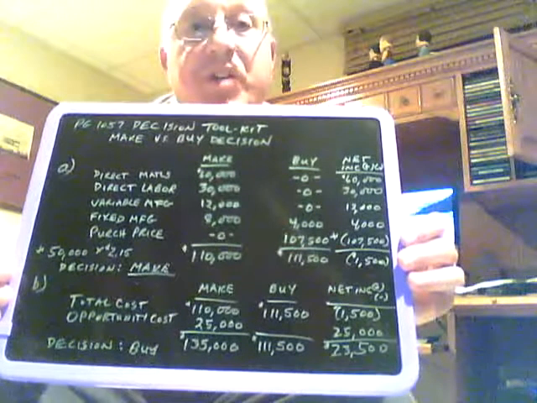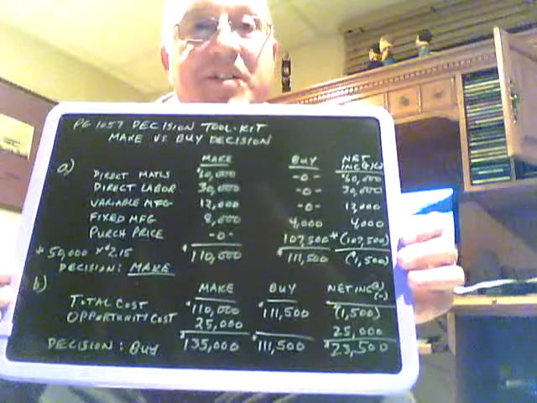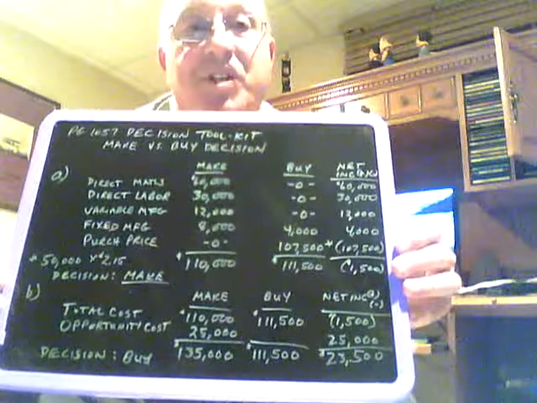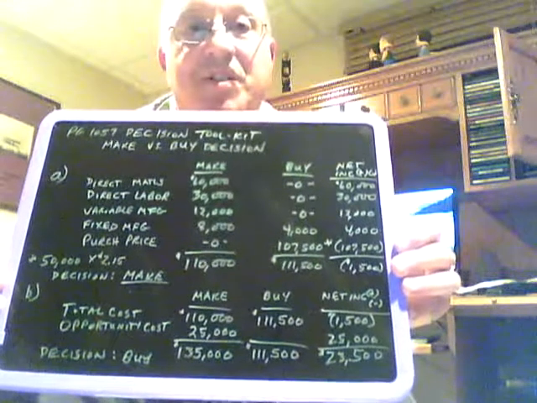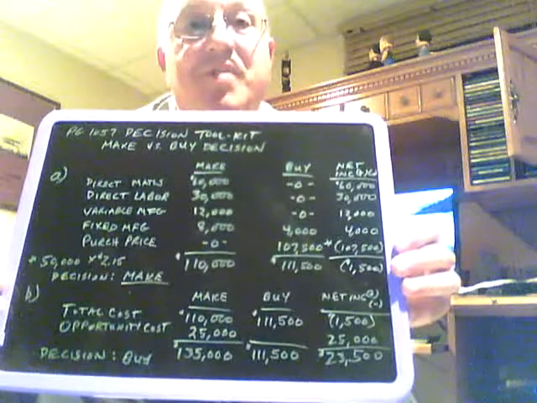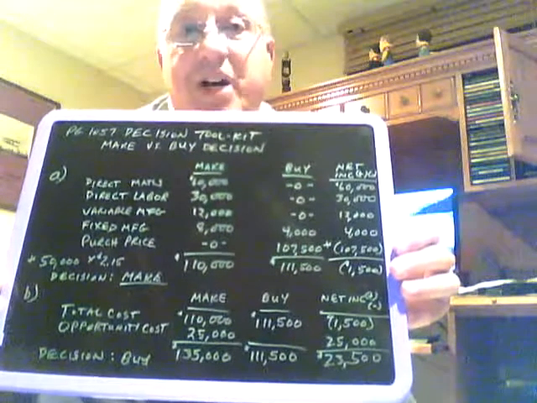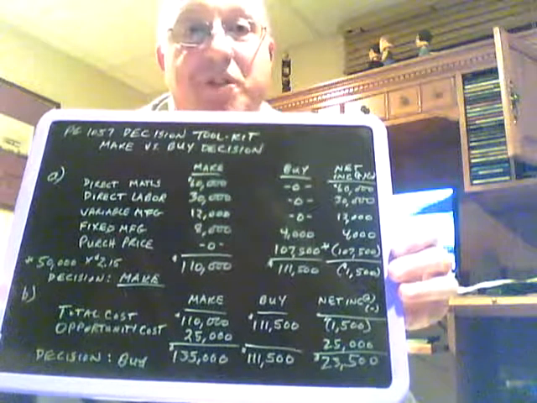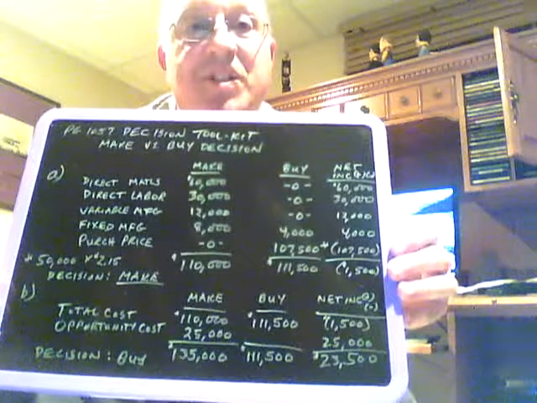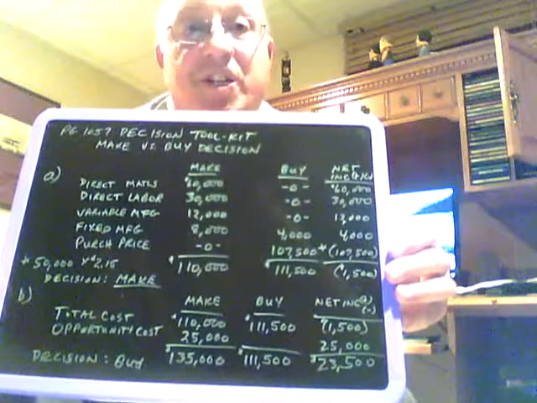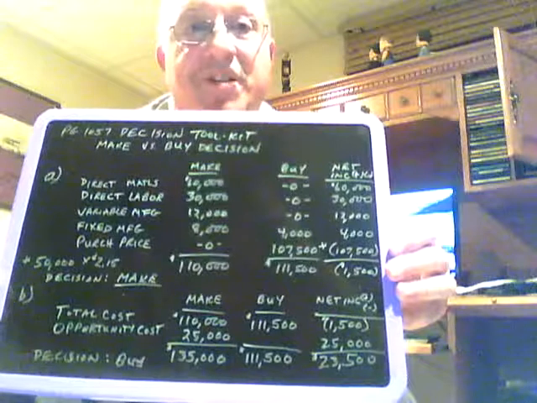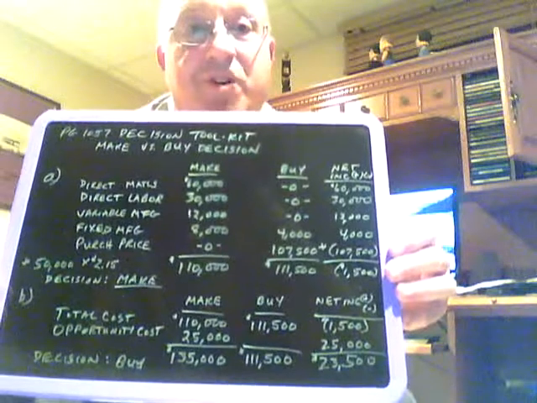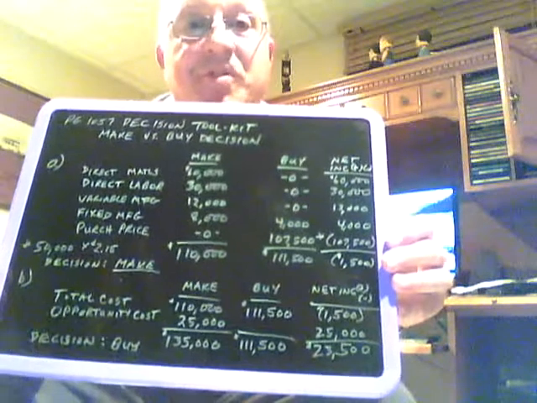Well, when you're presented with a situation like that, this is what we call an opportunity cost, because if we don't take advantage of that opportunity to make that $25,000 additional net income by buying this item, then we lose out on the opportunity to make that, and that is why the $25,000 is an additional cost in the make column, because we're foregoing that as well as laying out the $110,000 that was computed above as the actual costs of making the items.